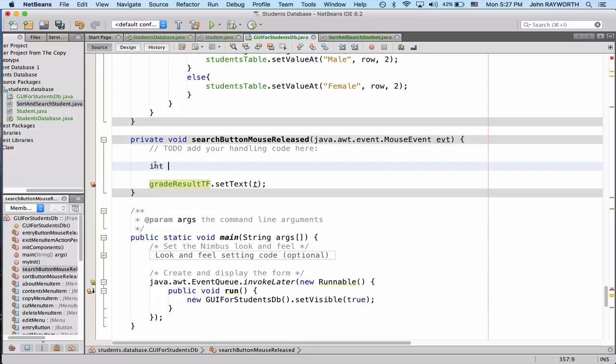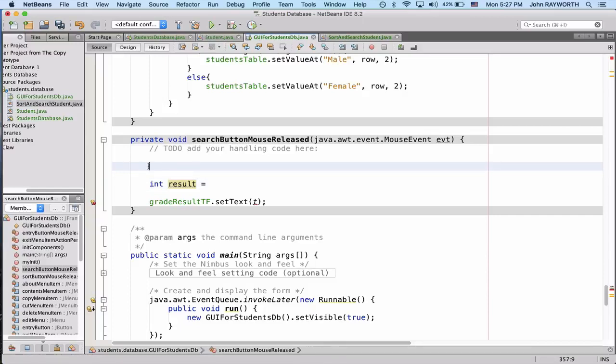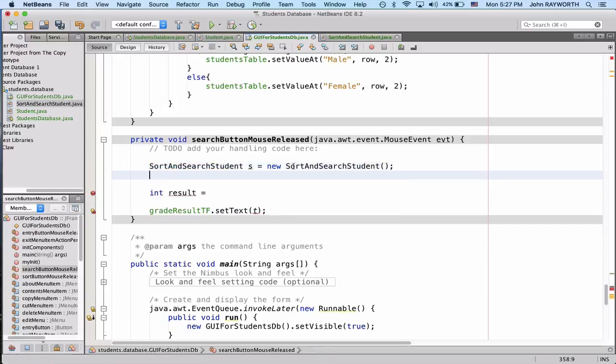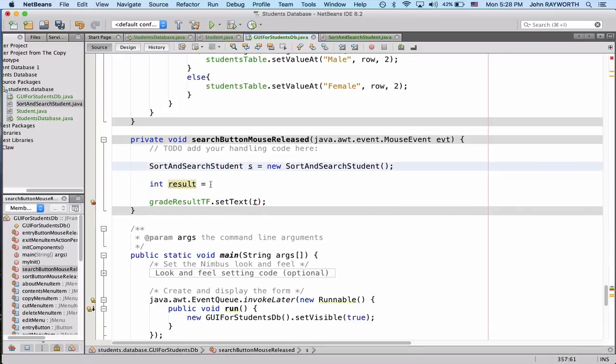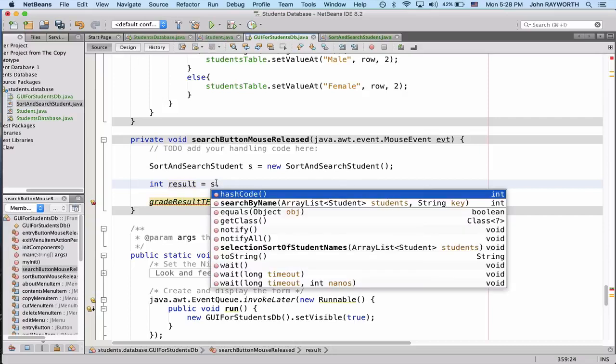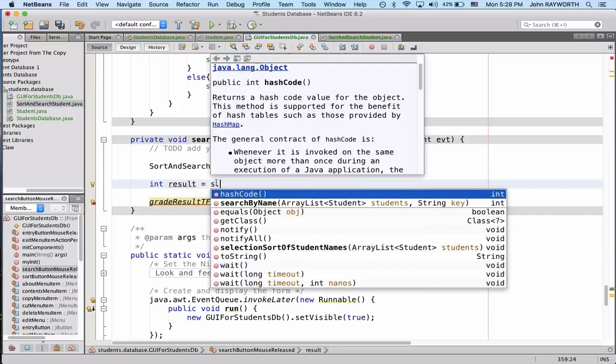Let's go int result is going to be, we don't have a global sort and search, so we'll have to make another one here. It's going to be S dot search by name,